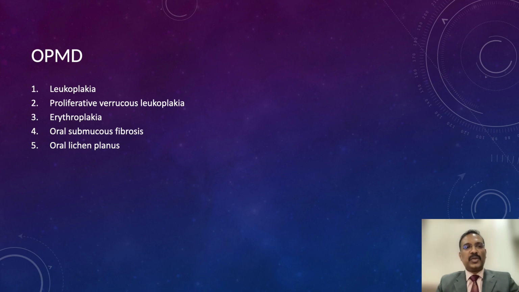So let's see what is all included. Conventionally, we are all familiar with leukoplakia, its variants, proliferative verrucous leukoplakia, erythroplakia, and conditions like oral submucous fibrosis, lichen planus, rarer lesions like actinic cheilitis or actinic keratosis, commonly involving the lips, palatal lesions seen in reverse smoking, oral lupus erythematosus, and generalized conditions like dyskeratosis congenita. In 2020, we had two new additions, which are oral lichenoid lesion and oral graft versus host disease.